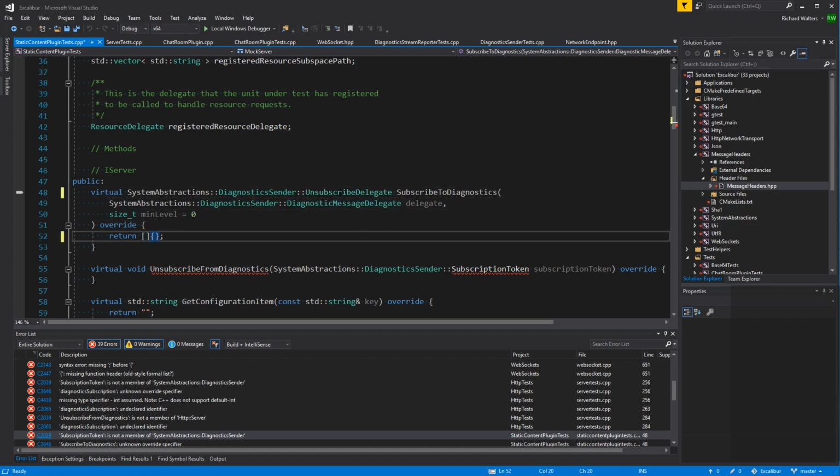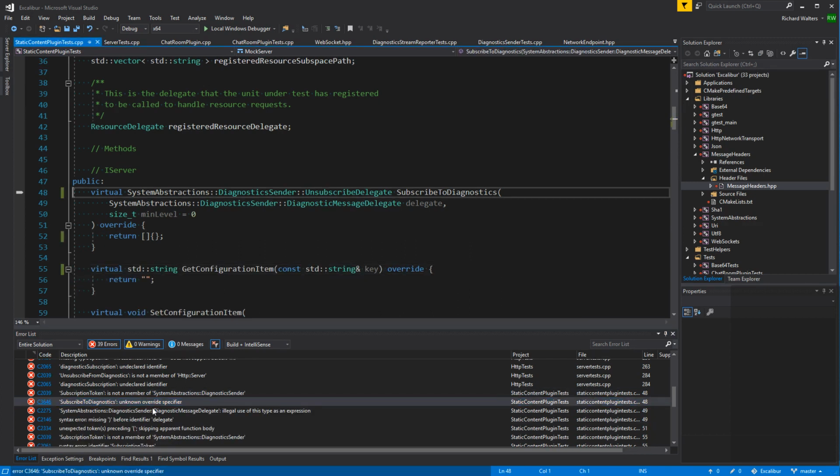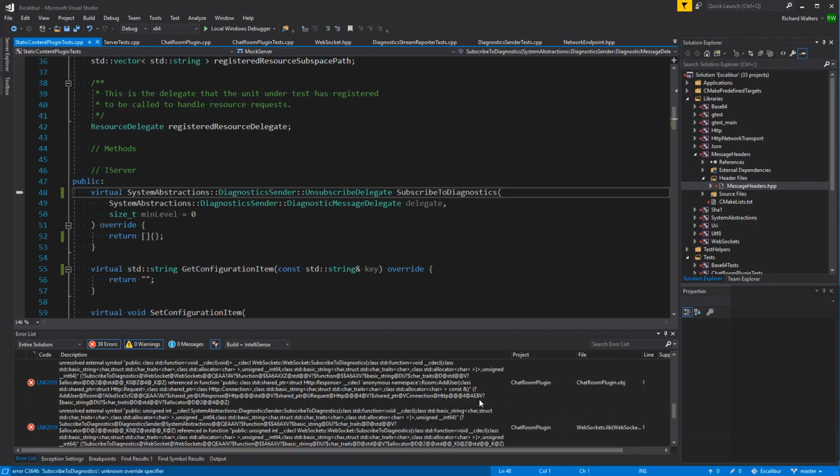Okay, again here, not a null delegate, an empty delegate. Is that it?